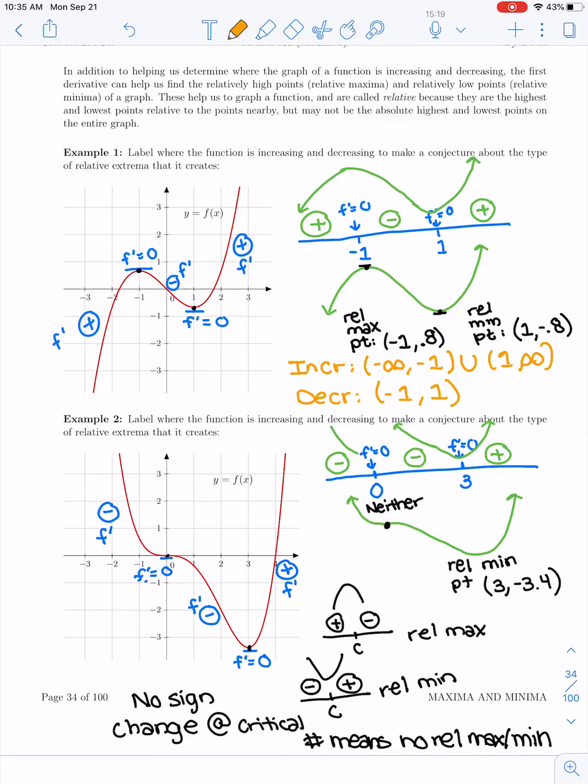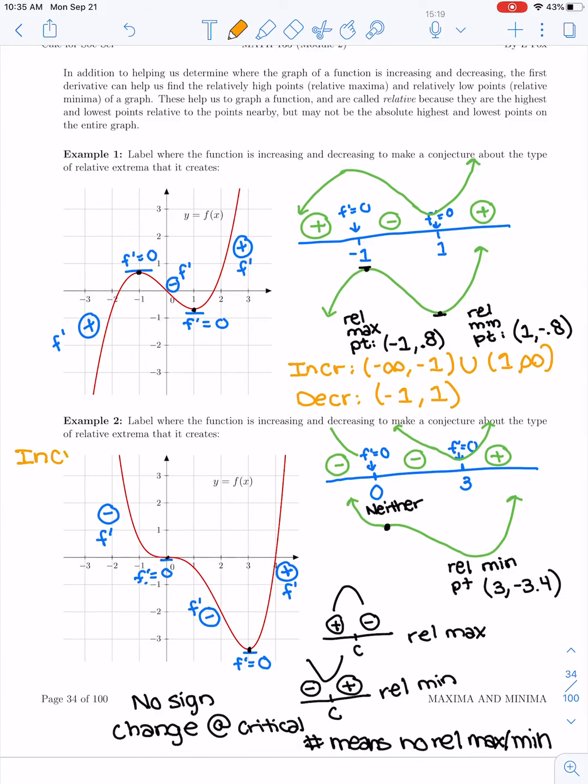And I'm going to try to find a place to write it. We're learning a lot from a graph all at once. We have increasing. I'll write that first. So increasing looks like it doesn't start, I'm tracing the graph, it's falling some more. It doesn't switch to be rising until the end. So it's increasing from 3 to infinity. And decreasing, I would say -infinity